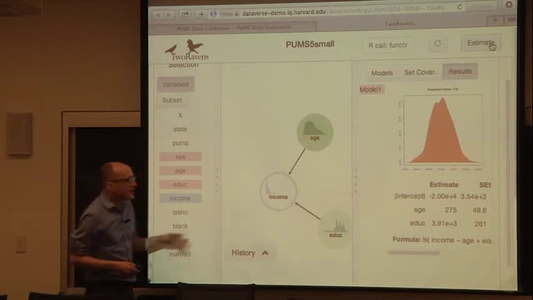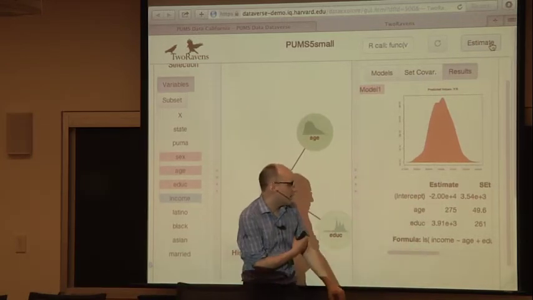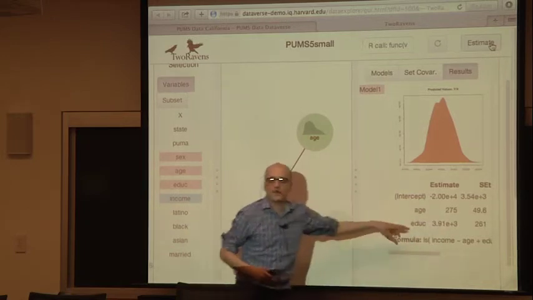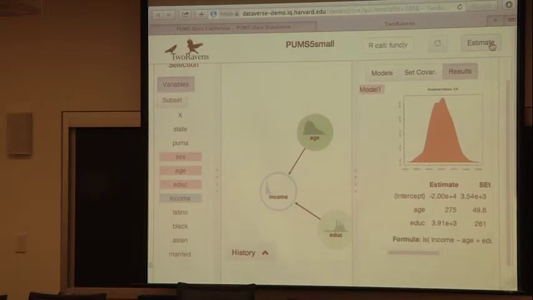I'll tell you that this is a linear model, so it assumes that as you get older and as you get better educated, you get paid more. But this is probably a nonlinear process. If you go to graduate school and then get more education, your income's going to plummet precipitously. Okay, but this is the